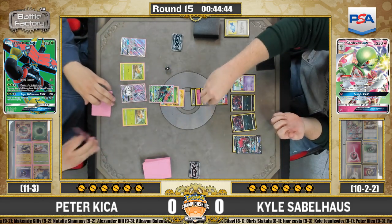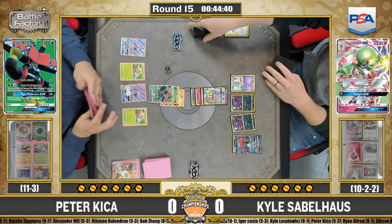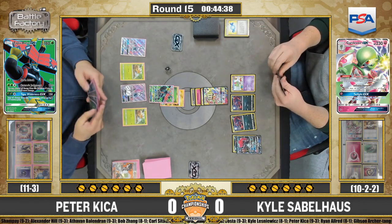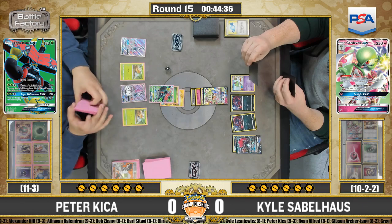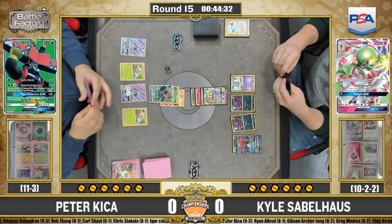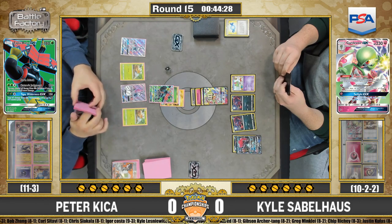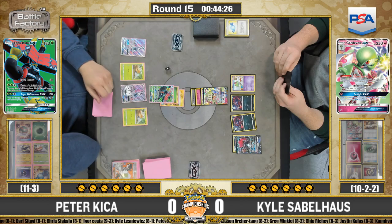We are going to see that Horn attack we were talking about. Yep. 60 damage on the Gardevoir, which means that the Choice Band won't be needed when the 180 comes out. Yeah. So he is setting up the damage to be able to follow up going forward. Now, Kyle's got a couple options here. He plays 1 Max Potion, and he has a Mallow in his hand. Max Potion is not in the prizes, so if he wants to, he could clear that damage off,